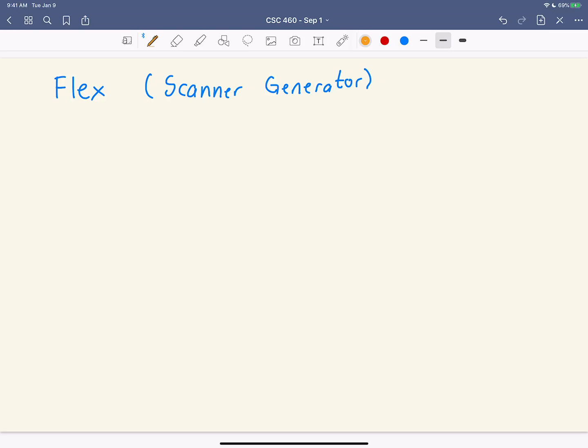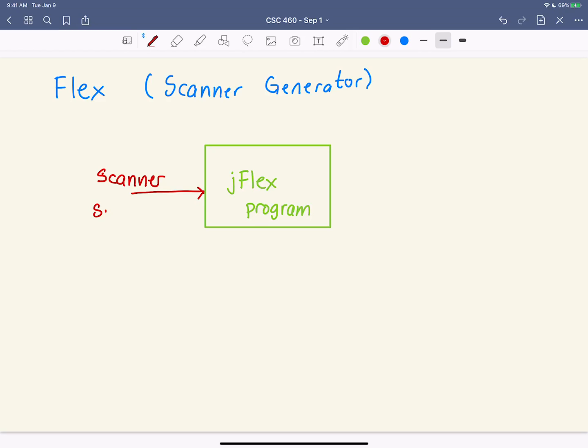Here is the JFlex program. And if we give this guy a specification, then we will get a scanner out on the other side.